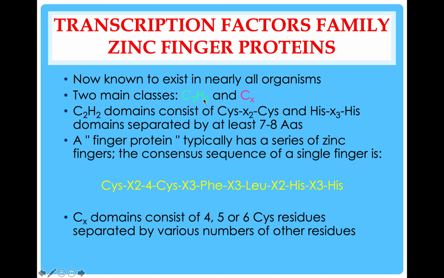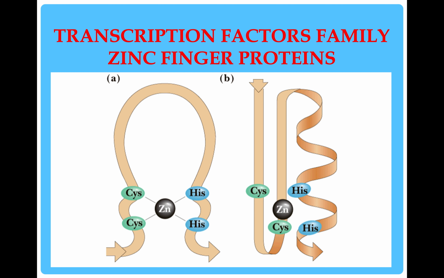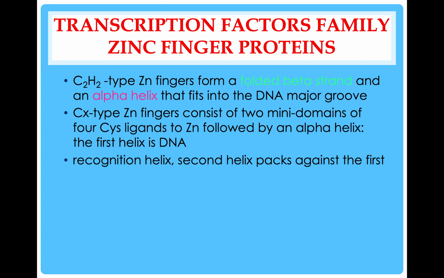The CX domain consists of 4, 5, or 6 Cys residues separated by various numbers of other residues. So this is more or less the structure of zinc finger protein. This is the typical C2H2 that you would see, and you could also have the C2H2 in this form, but sometimes this could also represent the CX as well. For the C2H2 type zinc finger, usually it forms a folded beta strand and an alpha